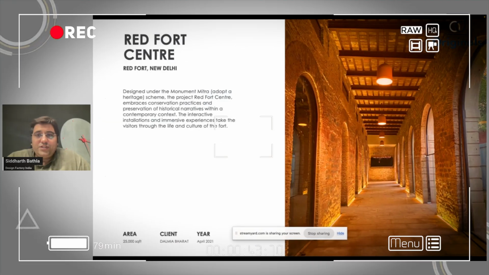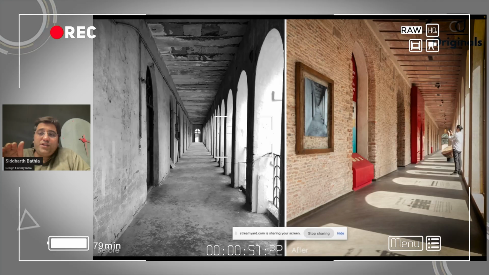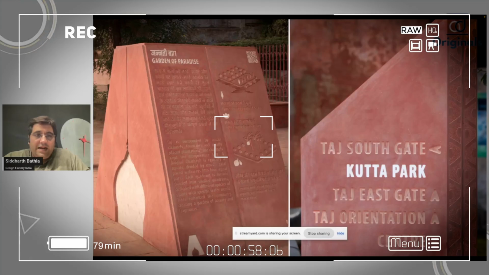So again, you need to see how an old building had a readaptive reuse into a new system of design. What you see as information is all reflection from the sunlight, and we have not touched the wall broadly and did a lot of branding and signages for the area of Taj Mahal itself.